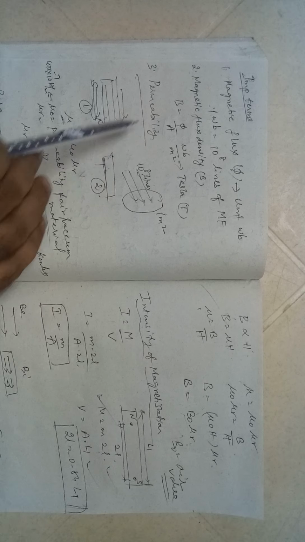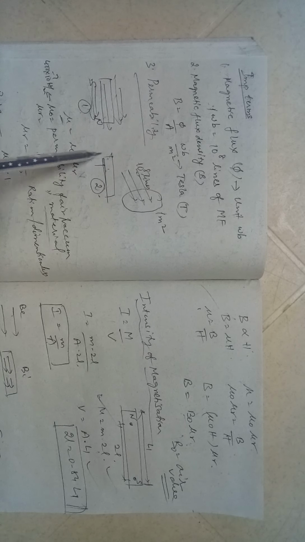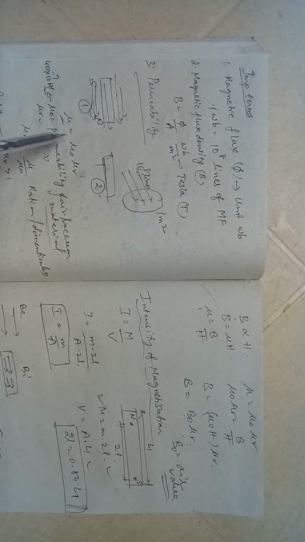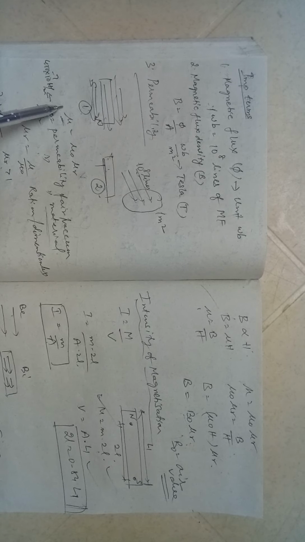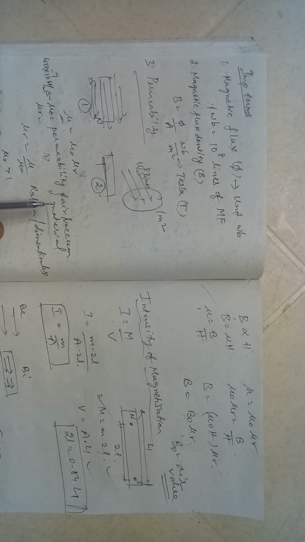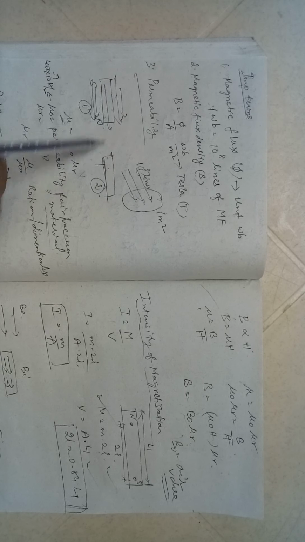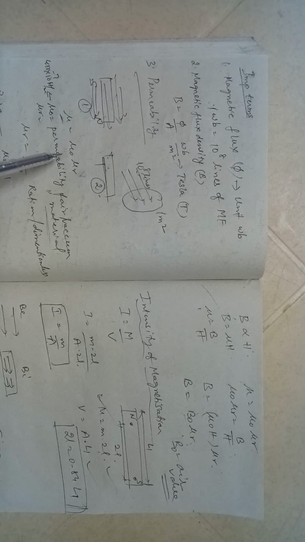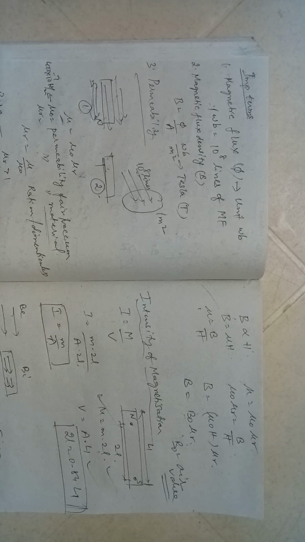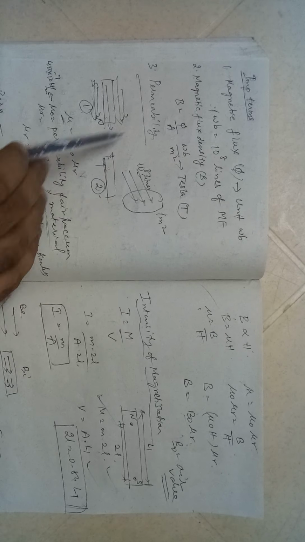The third parameter is permeability. Now let us say I bring one magnetic substance and keep it in an external field or near a strong magnet. The strong magnet will have its own magnetic field. Now what are the possibilities? This material may allow the lines to pass through it or may not. It depends upon whether it is dia, ferro or para. That property is called permeability. It is permitting these lines to pass through it. It depends upon the material property.